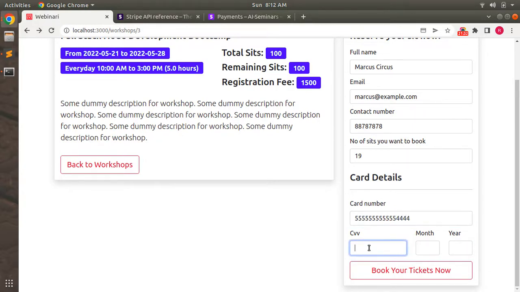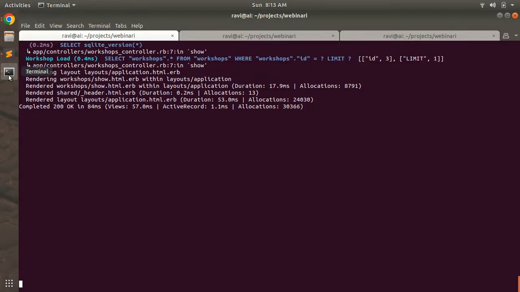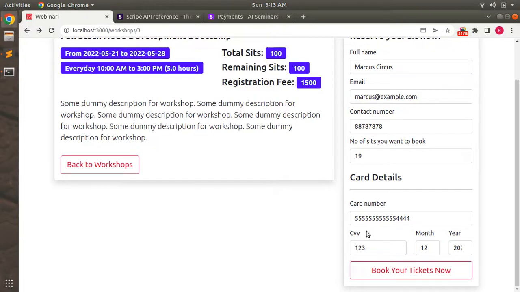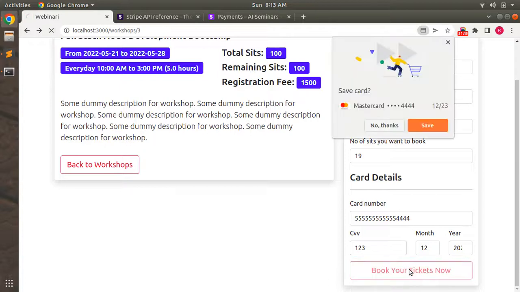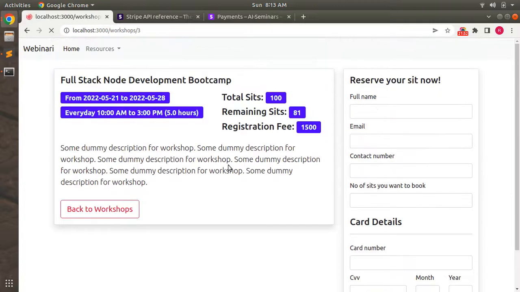Okay, and now submit it. Now provide the CVV and then the month is 12, and here you can provide 2023. Okay, and now make some space at the terminal. We already made it, and now submit your booking form. When you submit this booking form, just click on no thanks, and you will see that something has happened. But we did not see any notice messages here because we did not add that notice